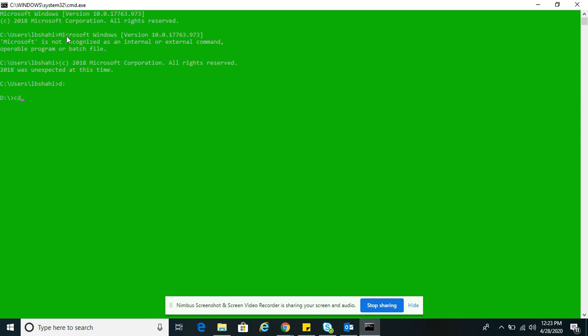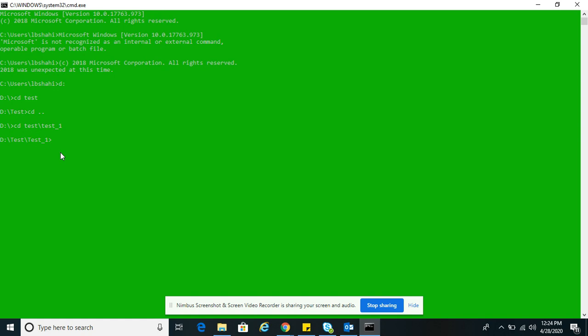In this case, to show you, I just created a test folder, so I'll do cd test. You can see I just went into test. And if you want to go out, you can simply type cd space dot dot. Or if you know the full folder path, you can do cd test, then the backslash, and then test underscore one. You can simply go in this path.